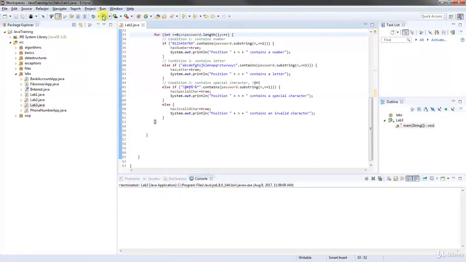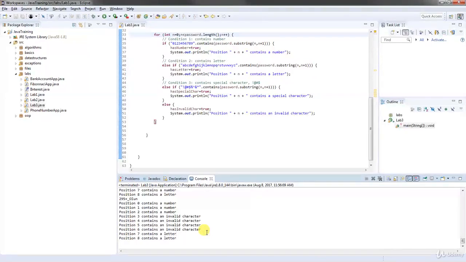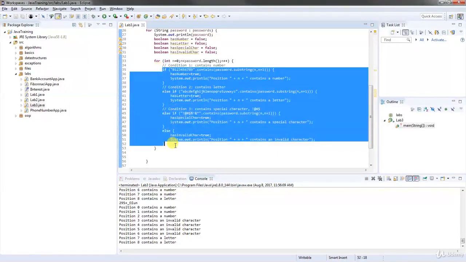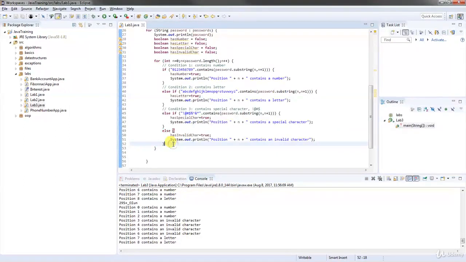Okay, so now we can run this, and here we have everything set up, right? So all of these, we should see something 0 through 8 every time, right? Because we have an if, else if, and then else. So each character in the password should be assigned either number, letter, invalid character, or special character. So when we are all done iterating through the set, right? Iterating through the set, at the very end,